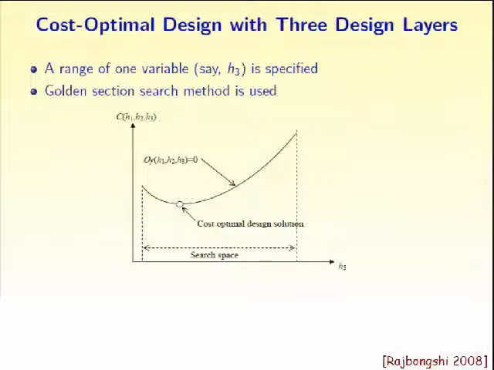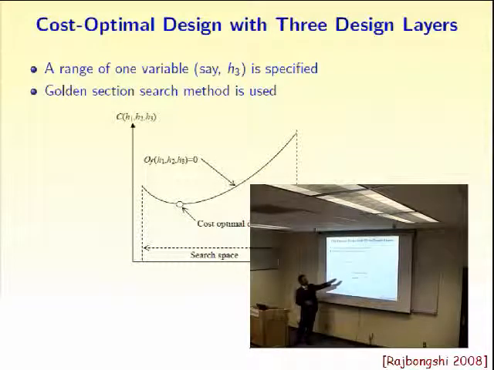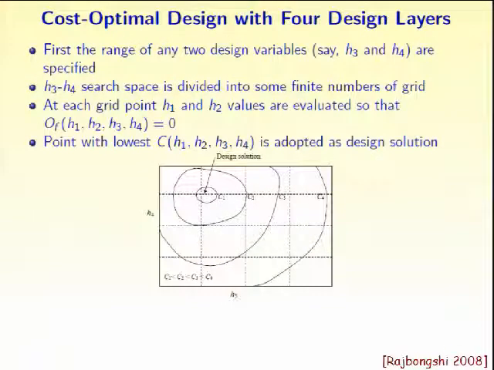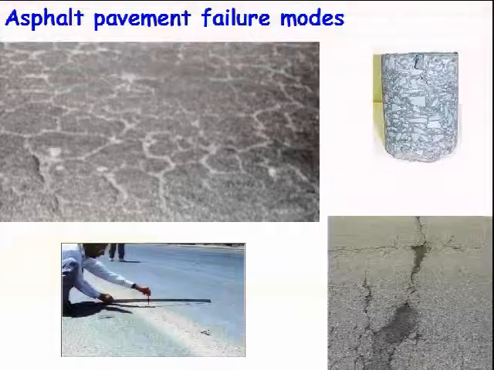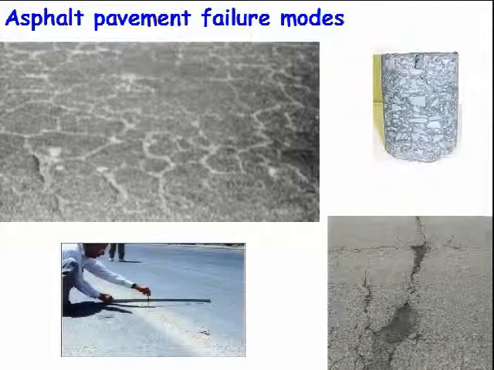I'm not going to discuss them because we worked on it, and somehow we could get the results with whatever simple algorithms we have used. So for different values of H3, we are able to find out a cost optimal point. So that means if I have 3 variables as H1, H2, H3, it is possible to satisfy the individual reliability requirement for the fatigue and the rutting, and it is possible to get the optimal design point. So also possible if we have 4 design variables, and so also possible if we have a number of design variables. So this is a numerical part of the story, and one can employ a suitable optimization scheme, even better than the one which we have used to quickly reach the optimal value.